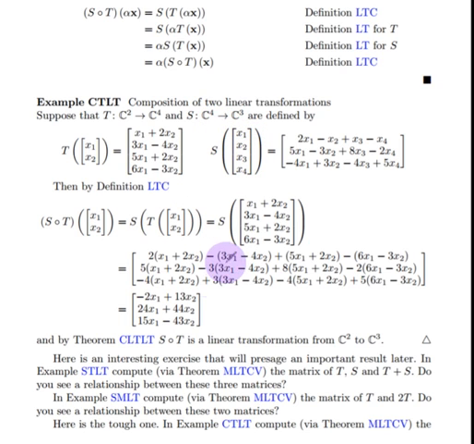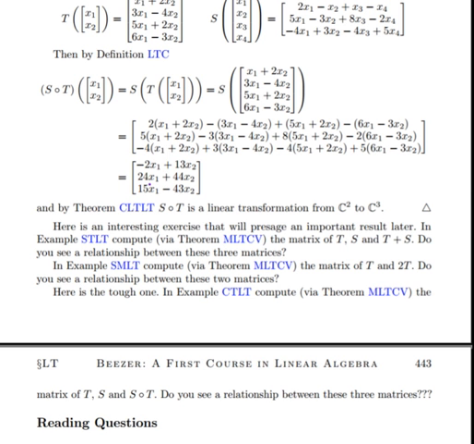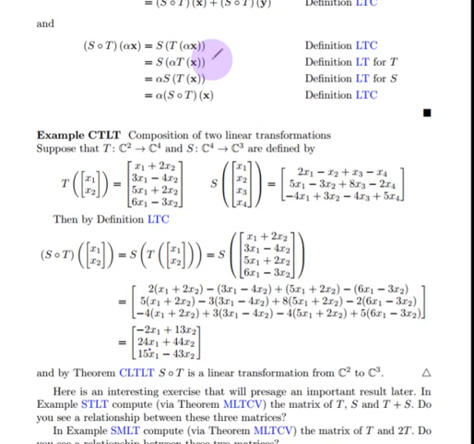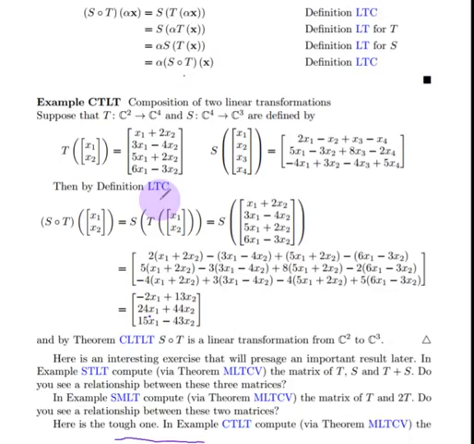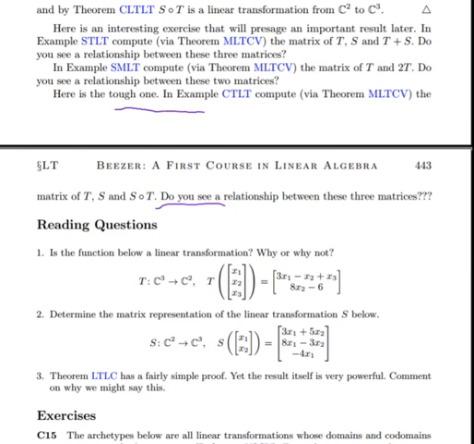Do some examples where you show that the composition, again, really is just matrix multiplication. I sort of spilled the beans here. I guess he wants to show that later, but it is true that the composition of two linear transformations corresponds to the multiplication of the two matrices that define those linear transformations. And we'll be talking about that more